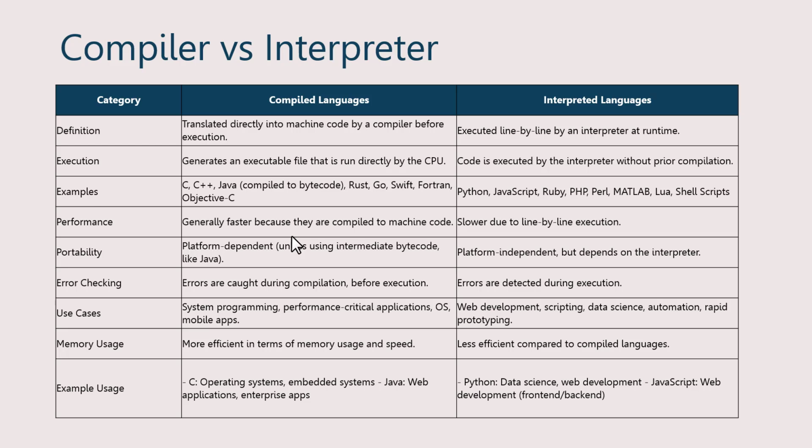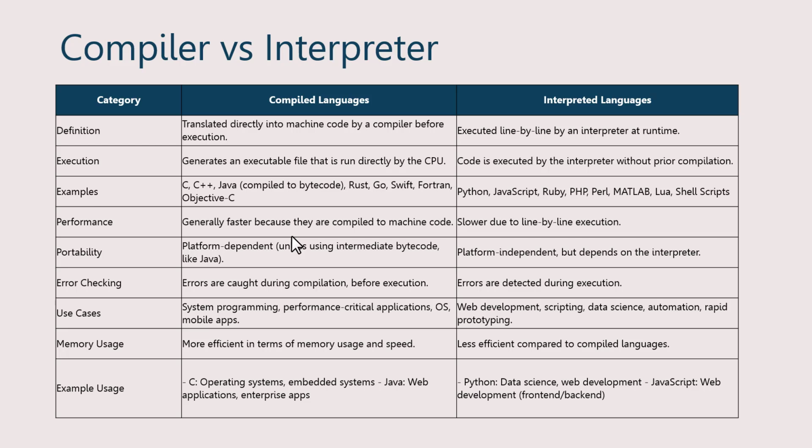And from the portability point of view, compiled languages are generally platform dependent. Whereas interpreter languages are platform independent. But of course it depends upon the interpreter. What I mean by platform dependent and platform independent: platform dependent means, for example, you have a C++ program and you have compiled that and you get some binary file. That binary file you probably compiled in Windows, and it can be executable in Windows. But that binary file cannot be executed in other operating systems like Linux or Mac,